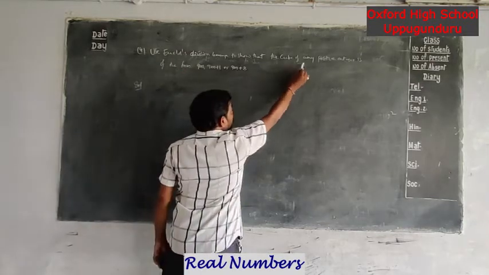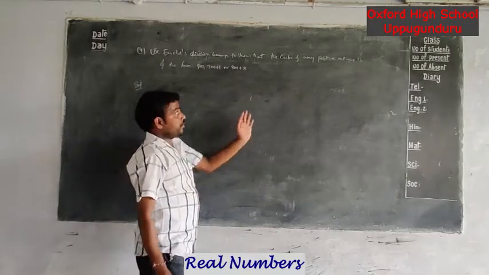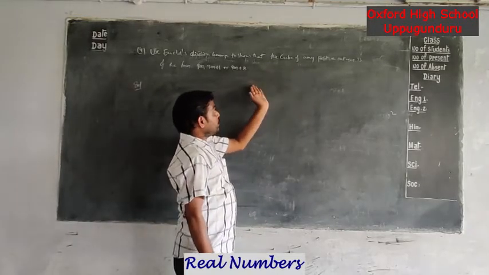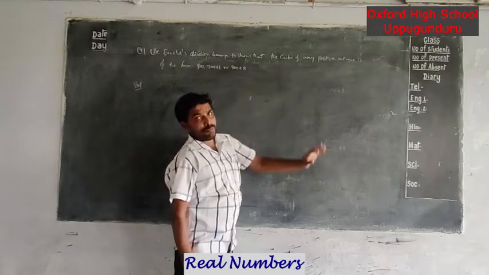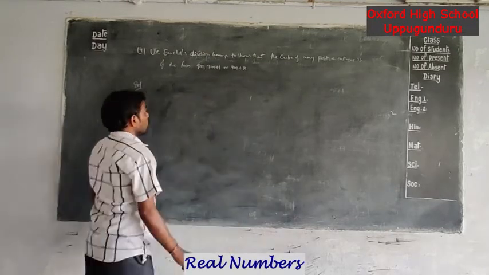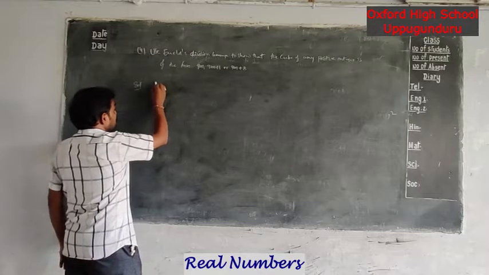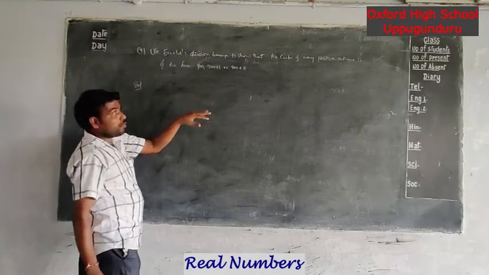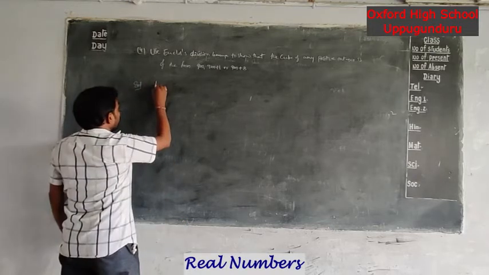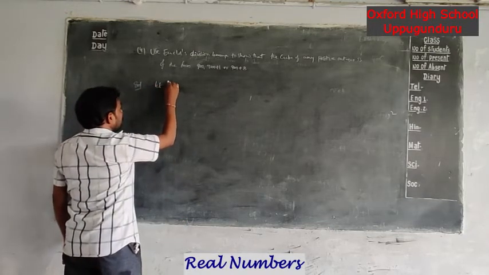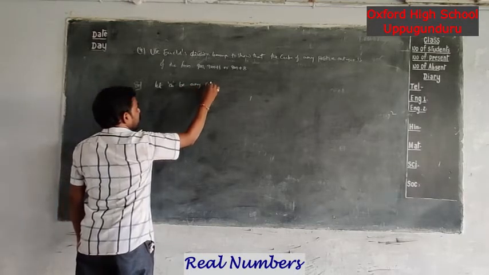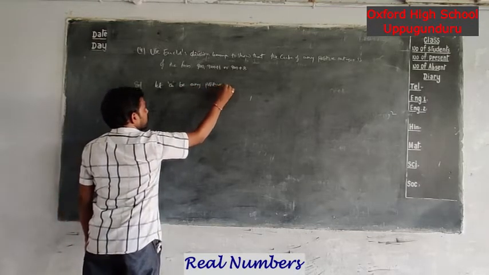Here you have to prove the cube of any positive integer. In the previous problem you proved the square of any positive integer; in this problem we are proving the cube. In the same way you proved the third problem, you have to prove this problem also. First you have to consider: let a be any positive integer.